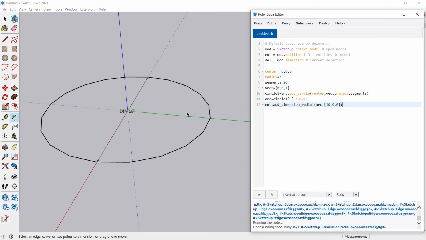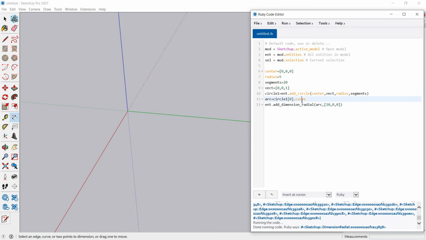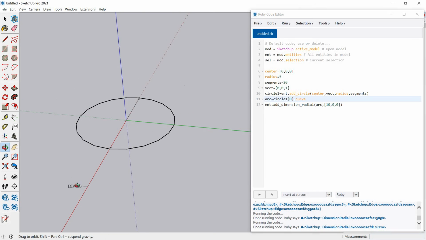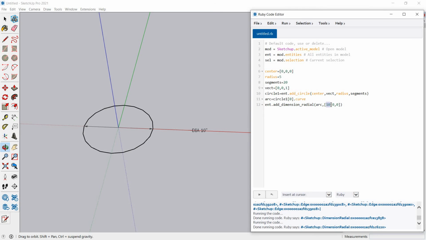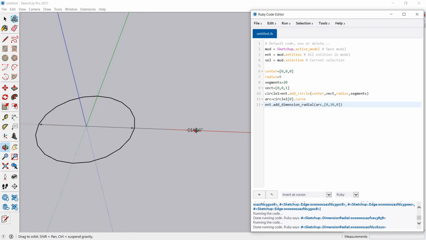And let's again go to the model, select all, delete it. Again go back to Ruby code editor, press Ctrl R to run. As you can see, the diameter now has changed its position outwards the circle. As this 10 is the x coordinate, so the position of this diameter has changed 10 units in the x direction. Similarly, if we put here 0, 10, 0, the dimension should be written in the y direction or the